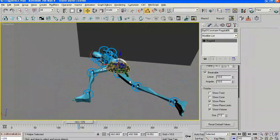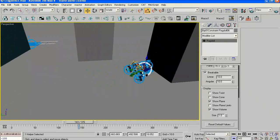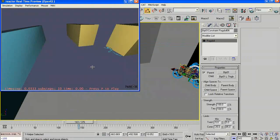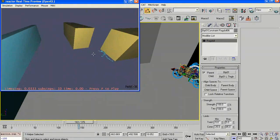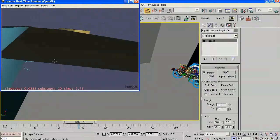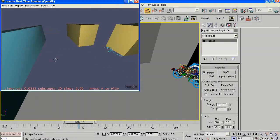And now we can just do a quick preview, and we should see the poor guy really having a bad day. Let's press play, continue, and we're just here in our preview window. Let's press play, boom, and our guy breaks into like 10 different pieces. Let me just press reset and